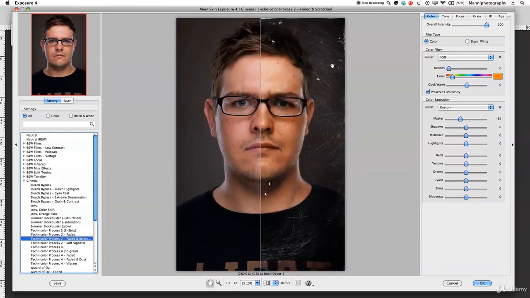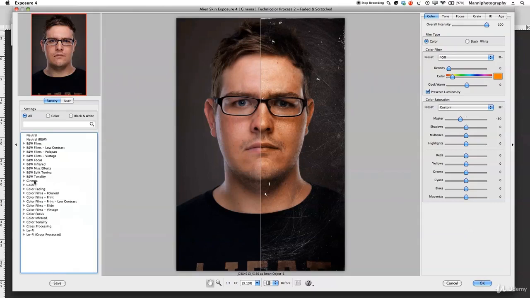This is actually pretty nice. Let's work with this one today. It's called Technicolor Process 2 Fader and so on scratches. Okay, select that. I'm just going to minimize this a little bit, and now let's go to our right hand